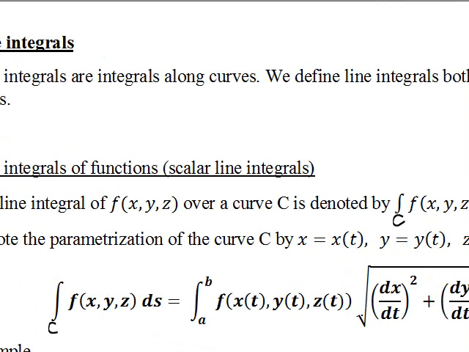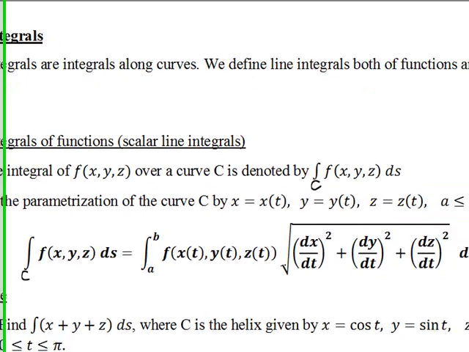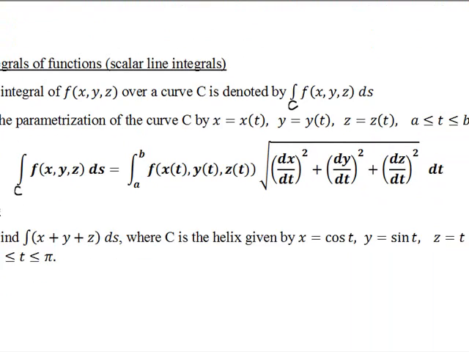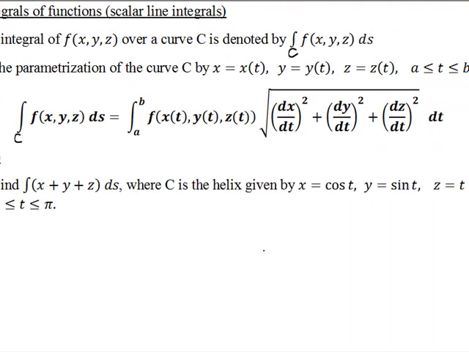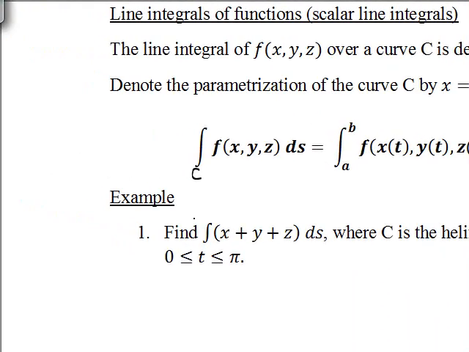Okay? And how do we get this formula? Using Riemann sums, like cutting up the curve into pieces and adding it, the same thing that we have done all along. All right, so what we're going to do is to use that formula, and let's calculate some line integrals. Okay. Number one, find the integral over C